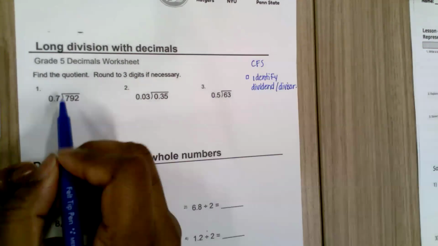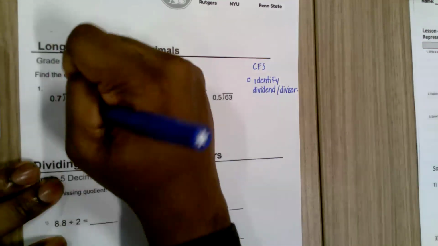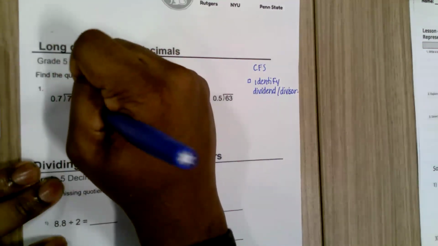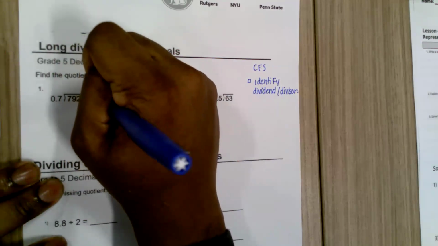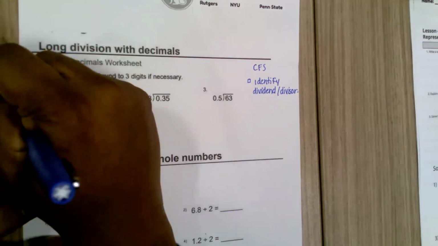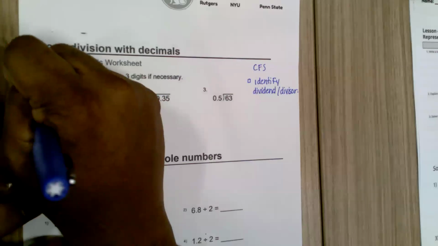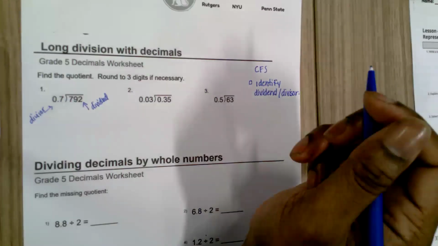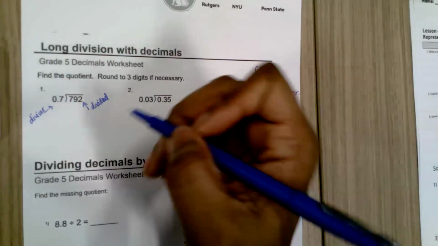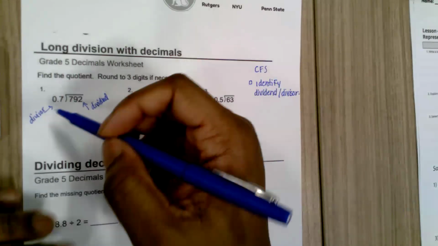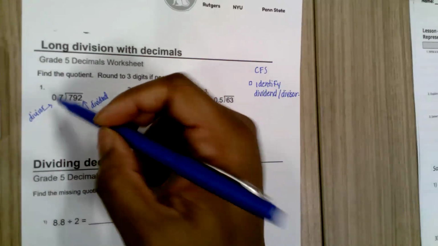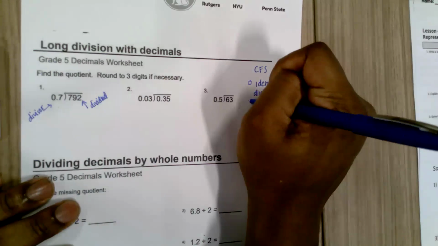So the dividend is the total, and the divisor is outside of the house. The dividend is the total, and you're splitting groups of 7/10. So after we do that,